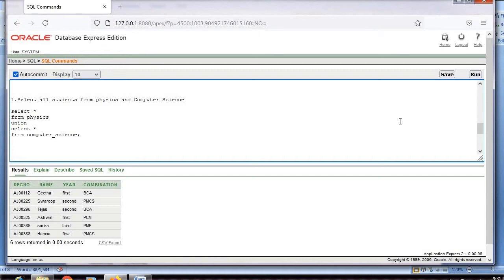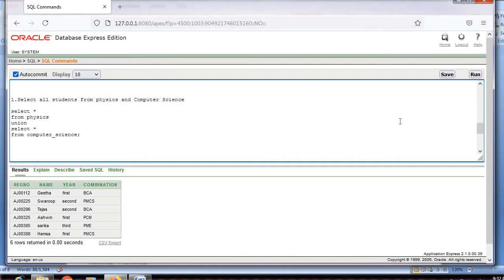So if I want the information from both the tables like physics and computer science, so I want all the students which are present in physics as well as computer science, I have to make use of a set operator called as union. How this works is, first it goes to physics table and selects all students, and then it comes to computer science and then selects all students. After that it performs the operation union.